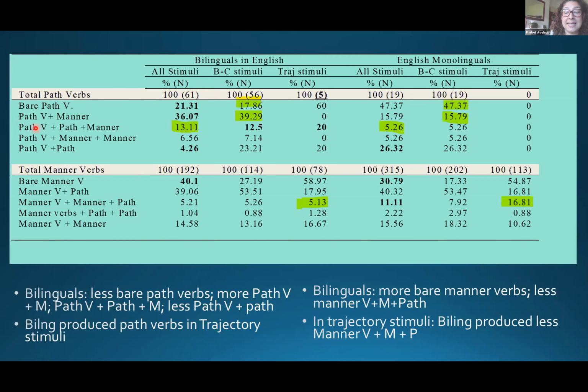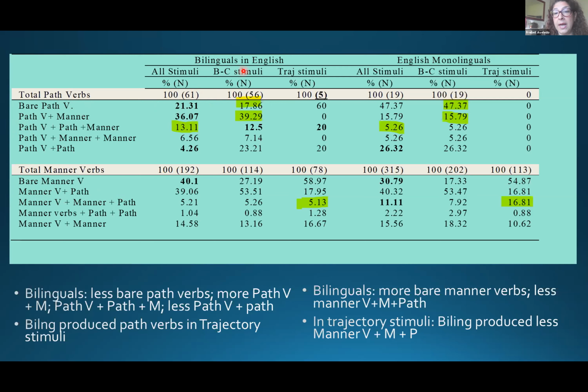So past verb is a main past verb. And the same applies for the manner verbs. So these are sentences headed by a main manner verb, and we observe the presence of these other